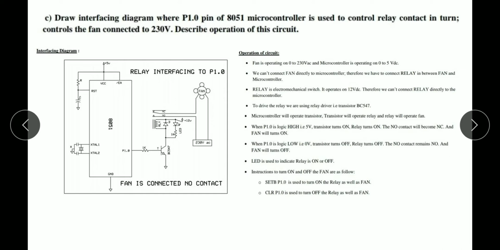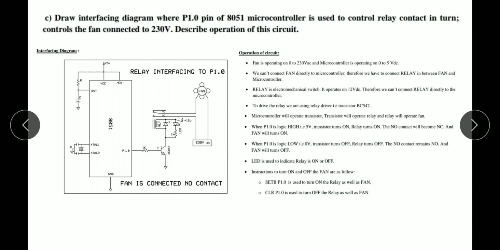If you see the operation of that circuit, the fan is operating on 0 to 230 volt AC, and the microcontroller is operating on 0 to 5 volt DC. So we can't connect a fan directly to the microcontroller. Therefore we have to connect the relay in between the fan and the microcontroller.